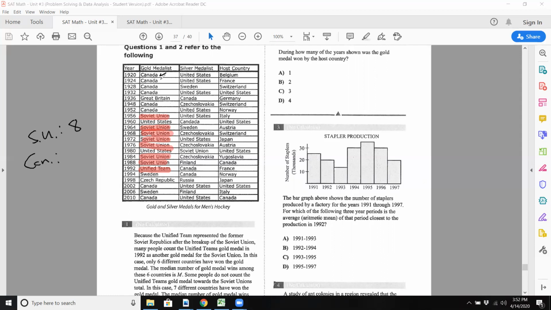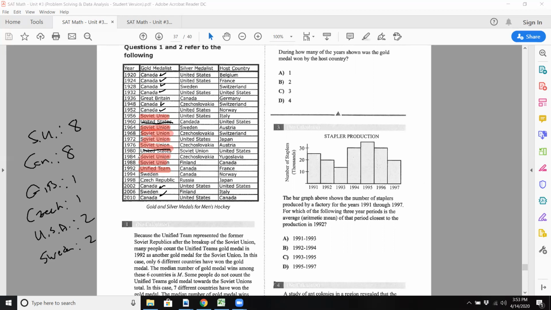Canada, 1, 2, 3, 4, 5, 6, 7, won also 8 medals. Great Britain, looks like they won 1. The Czech Republic, looks like they won 1. USA won 2. And Sweden,